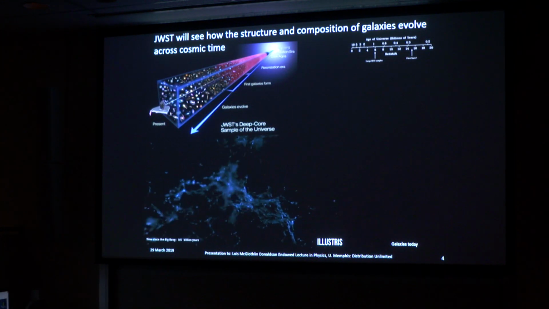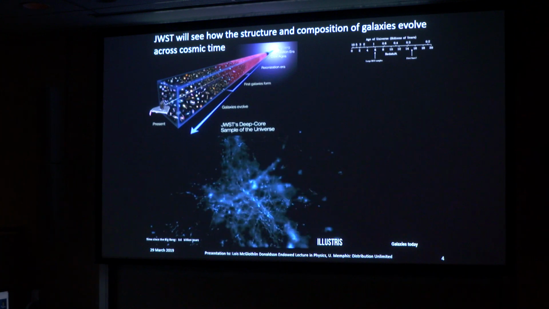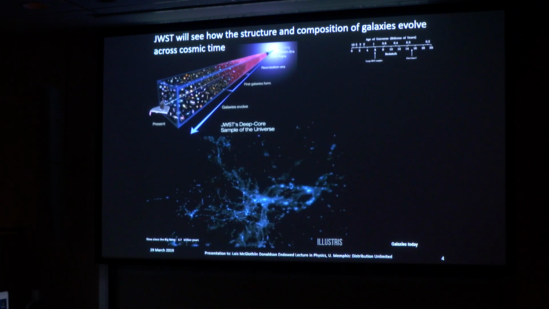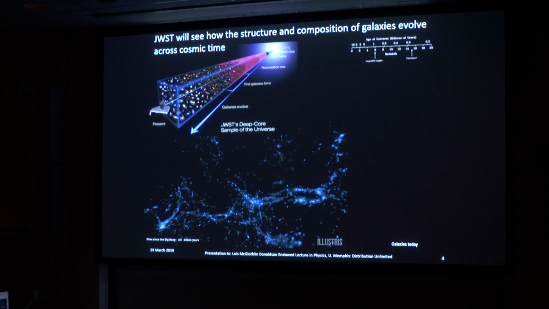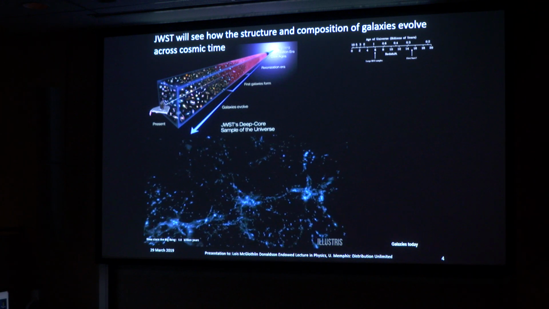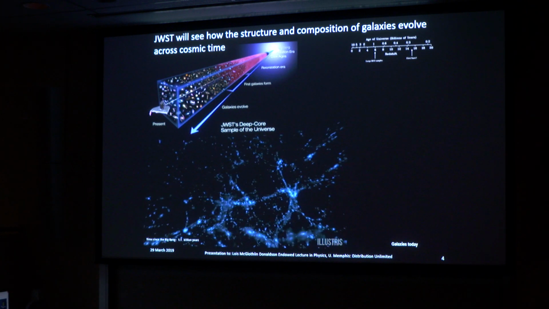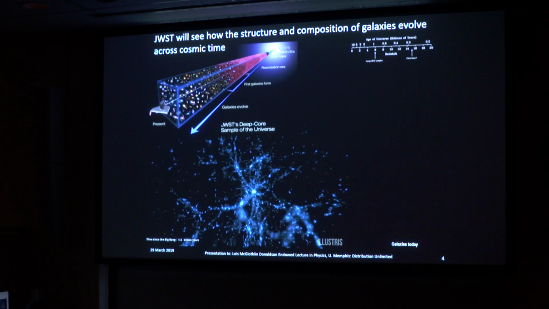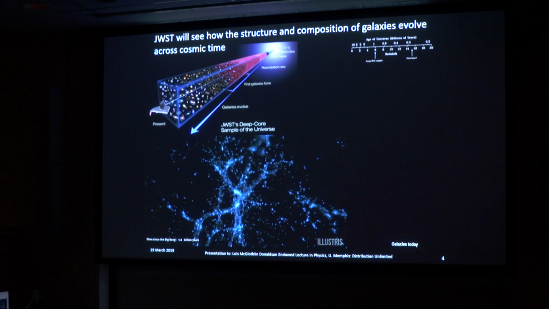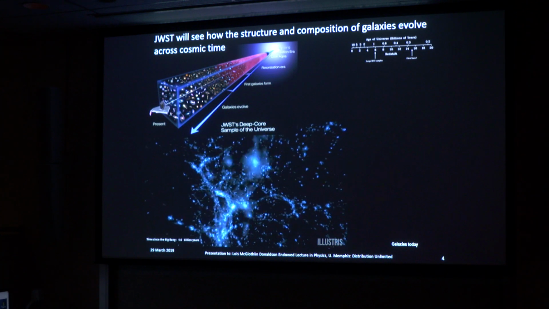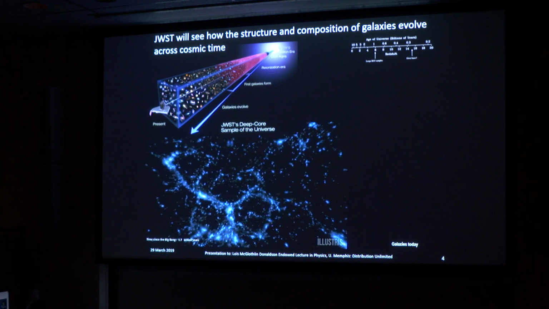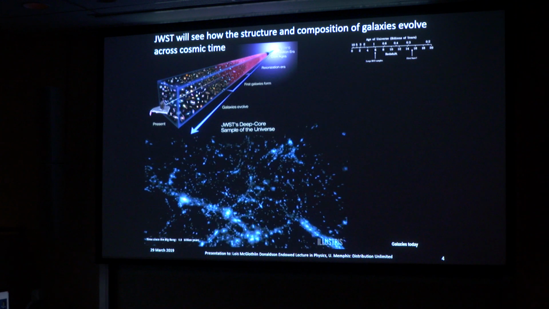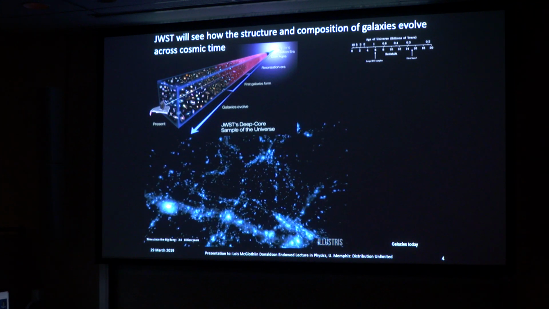We can simulate that with giant supercomputers. And this is a supercomputer simulation of the birth of the universe. We see that the material in space is distributed in a spider web like fashion. It's called the cosmic web, and that traces the distribution of dark matter in the universe, and the matter that we can see follows that.